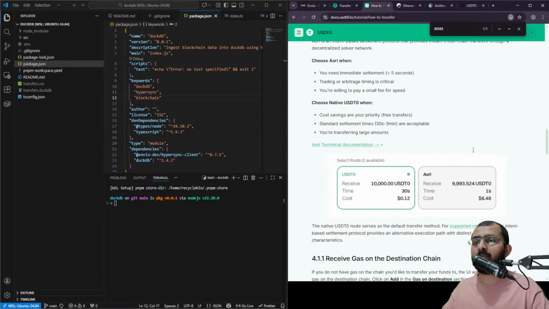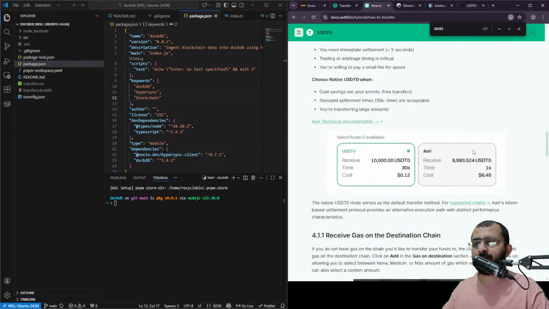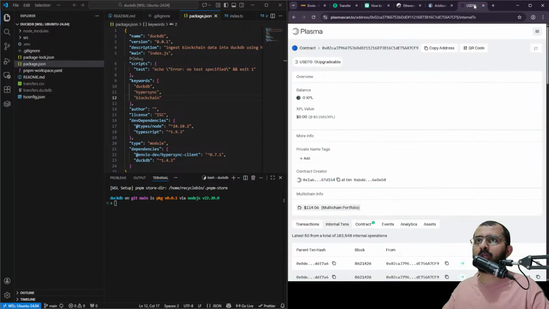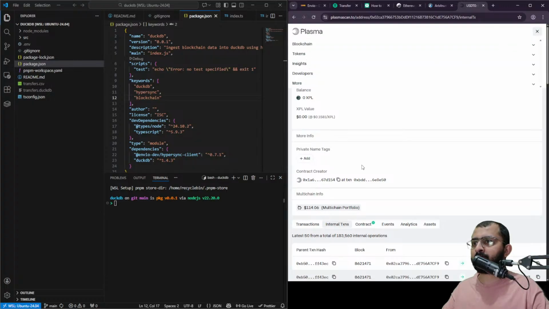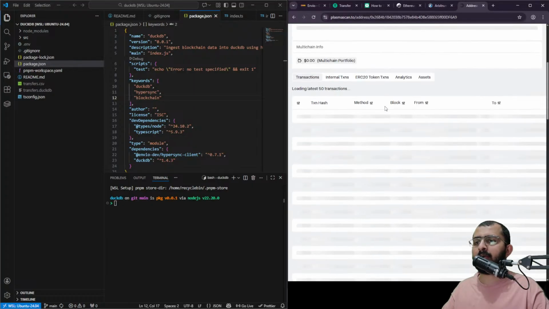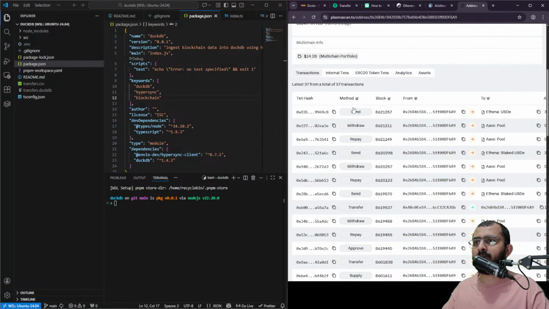Okay, so my assumption is you can't send to a different person. You can send from your wallet to your wallet on another chain. What we can do here is open this, search this address, and see if it has